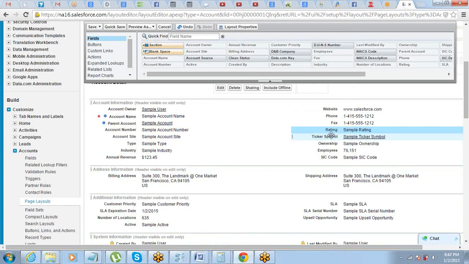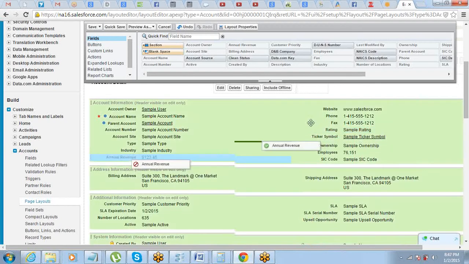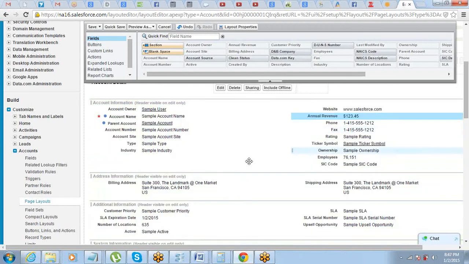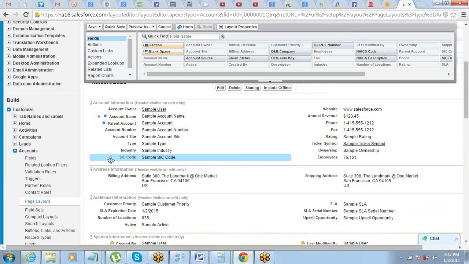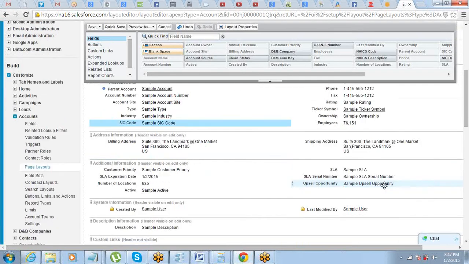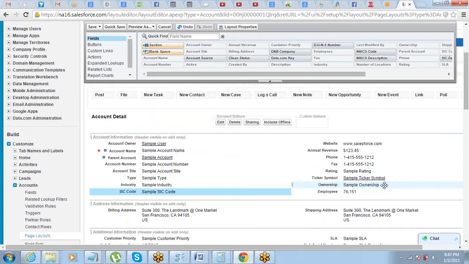So sometimes your user might have requirement of viewing certain fields at the top of the other fields. You should come and do the placement of the fields. Like you want the annual revenue to be here after the website, bring it there. You want the SIC code to go there, bring it here, right? So field placements we could understand, right? That is something which can be done easily here.